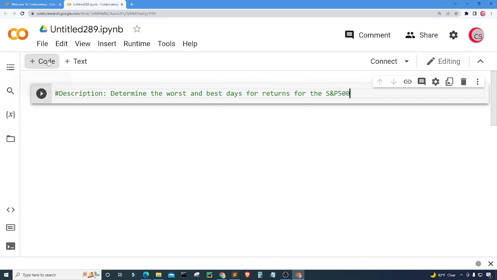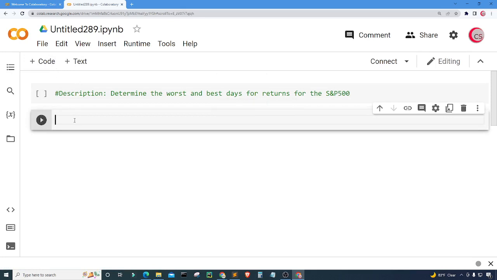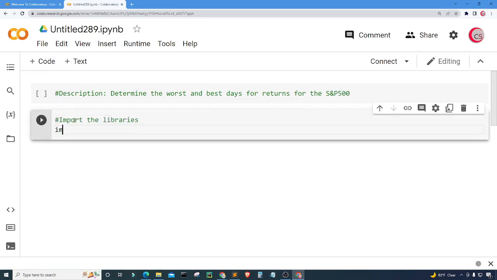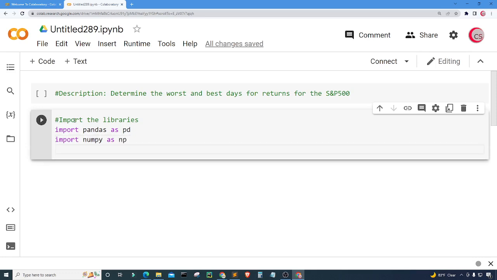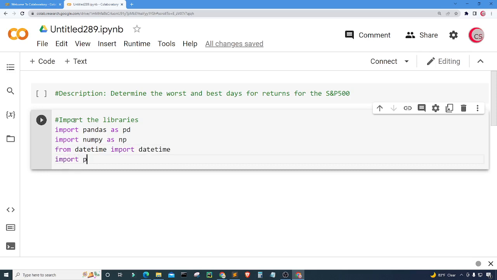Okay, so I'm going to create a new cell by clicking this code button here in the top left, and now I'm going to import the libraries that I plan on using throughout the program. So I'm going to import pandas as pd. I'm going to import numpy as np. I'm going to get the datetime from datetime. So from datetime, I'm going to import datetime, and then I'm going to import calendar,